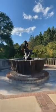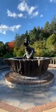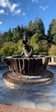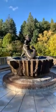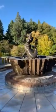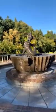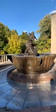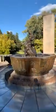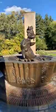The commission initially was for the academic quadrangle at Kingswood. Now, this is the main sort of one-story courtyard at the far western edge of Kingswood, and it's where Milles' sculpture of Diana now stands on a base by Eliel Saarinen, because as he begins working on this special commission of Jonah and the Whale, George Booth sort of said,